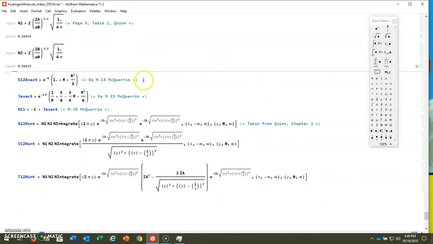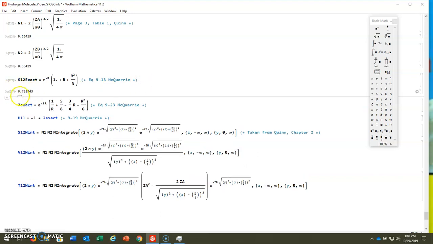And then this is a well-known value for calculating the overlap value of the hydrogen molecule, and it seems to also work for the hydrogen molecule ion as a function of nuclear separation. So I call that S12 exact. That is McQuarrie textbook equation 9.13, from the old first edition of the textbook. So I'll calculate that, and get